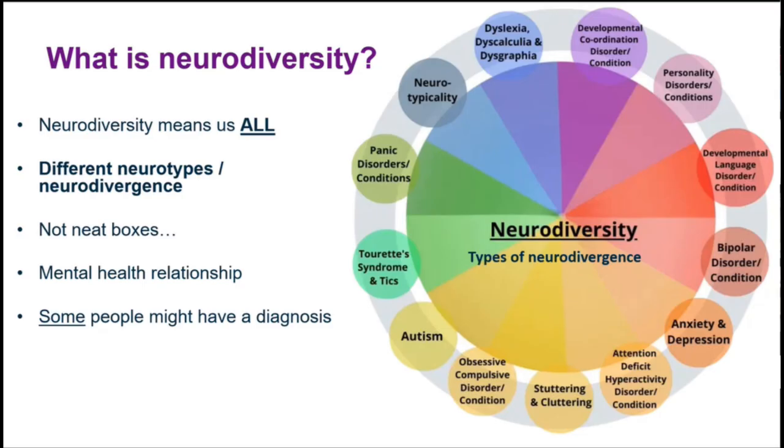You might recognize that there are some mental health conditions on this image on the screen. We see huge overlap between neurodivergence and mental health challenges. And I'll pick that up in some of the session later on around supervision and supervisory practices. We do know that individuals with a variety of forms of neurodivergence are more prone to experiencing some more significant mental health challenges, especially anxiety and depression. Although personally, I wouldn't class them as forms of neurodivergence themselves, I would class them as forms of mental health challenge.